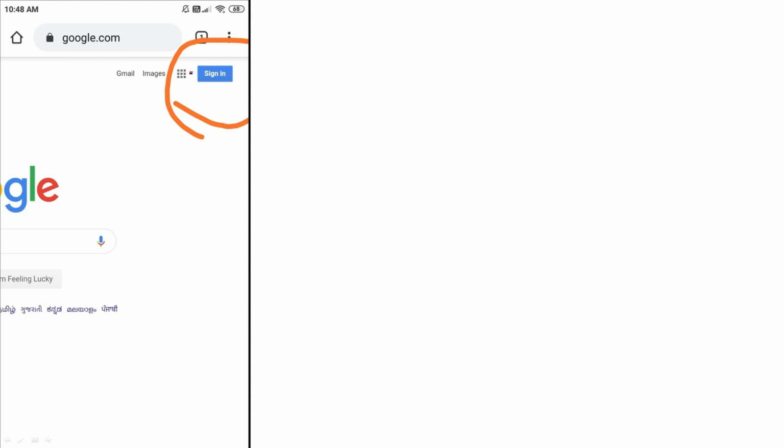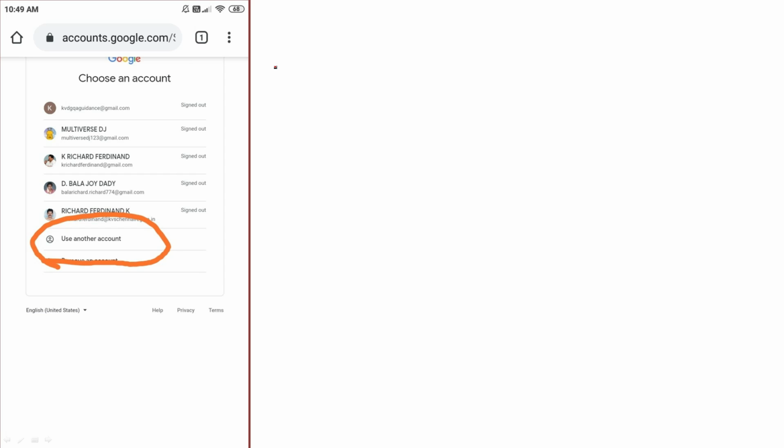google.com, and sign in. Here only you are going to sign in. Once you sign in, if you click here, it will take you like this. Then whatever previous accounts you have will appear in your mobile. Many accounts are there. These are the Gmail accounts. Here use another account. Here only you are going to use the G Suite ID which is given by the concerned school. There you have to type it.